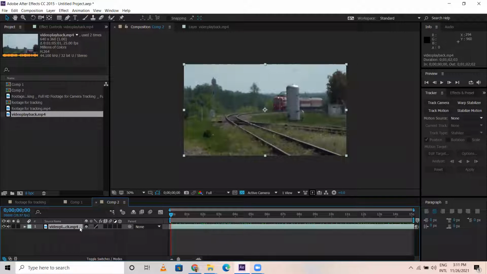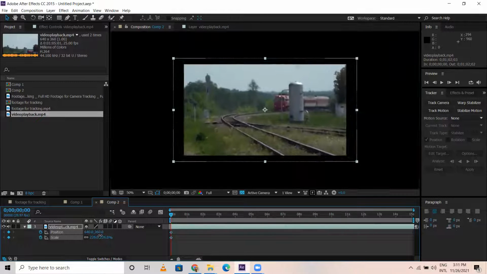Okay, now in this case, next what we have to do, click on this, go to Position, and shift select Scale. I would like to keep both. So in scale, I can give a bit more.